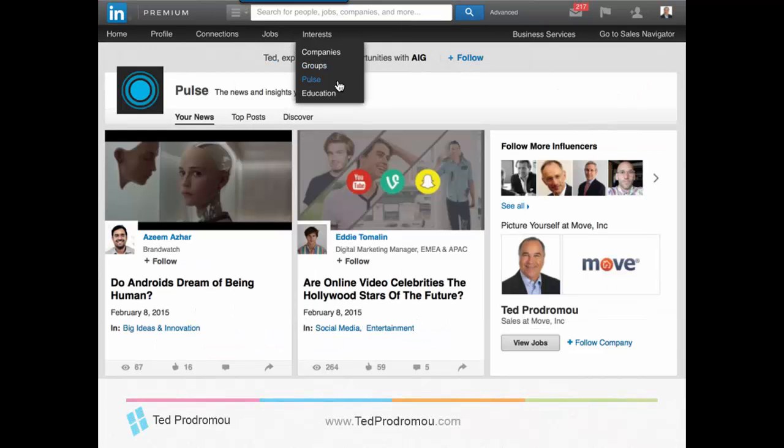Here is Pulse. When you publish content, they have LinkedIn influencers and invited authors. So Pulse is where you can subscribe to lots of content, like different news feeds from magazines and websites, and also people posting on the Pulse and publisher. So here's my news, which I customize what I see in that little news feed. Then they recommend content related to it. You can look at top posts and discover more content. So LinkedIn said a few months ago they want to become the largest publishing platform on the internet, and they're well on their way to doing that.